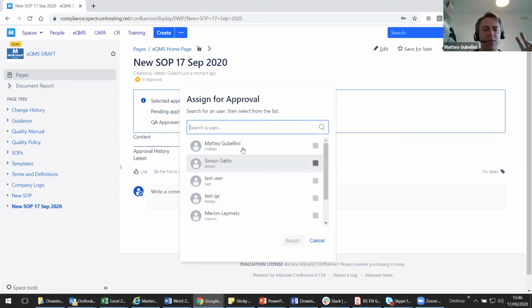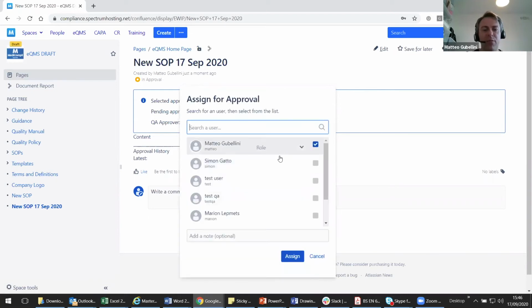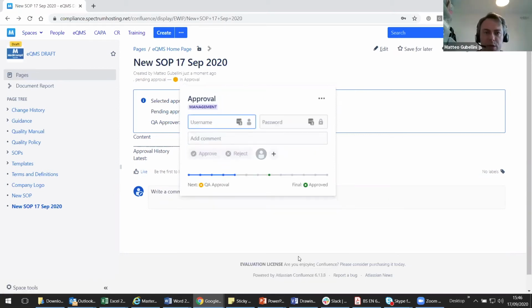Again, you can select as many people as you want. You can assign them a role if you wish to do so. And in this case, now we're talking about electronic signatures, okay? So the electronic record is every object that is here, every page that is here, even the spaces, these are electronic records. This is the electronic signatures. So the way I execute my electronic signature, in this case, it can be customized, but in this case, the requirement is to put in my username and password. To 21 CFR 11, basically,